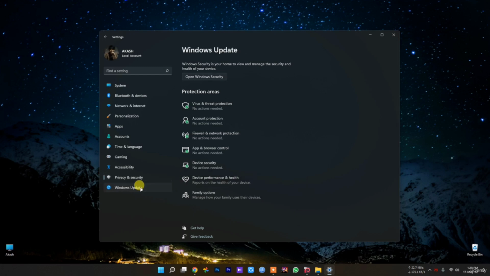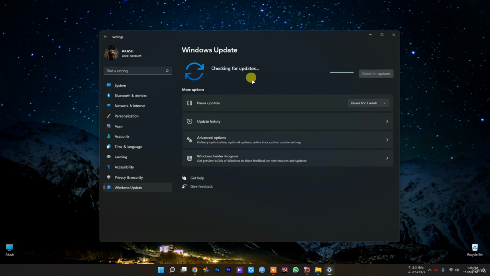And one thing is you should always update your Windows, and this is a must. Updates happen automatically, but depending on the update or how the device is configured, they don't always download and install as soon as they become available. So if your computer is running slower than usual, it could be possible that an update is available to improve the performance. As you can see in my Windows 11, my Windows is pretty much updated today, so I don't need any update. So make sure you keep your Windows updated to the latest version,